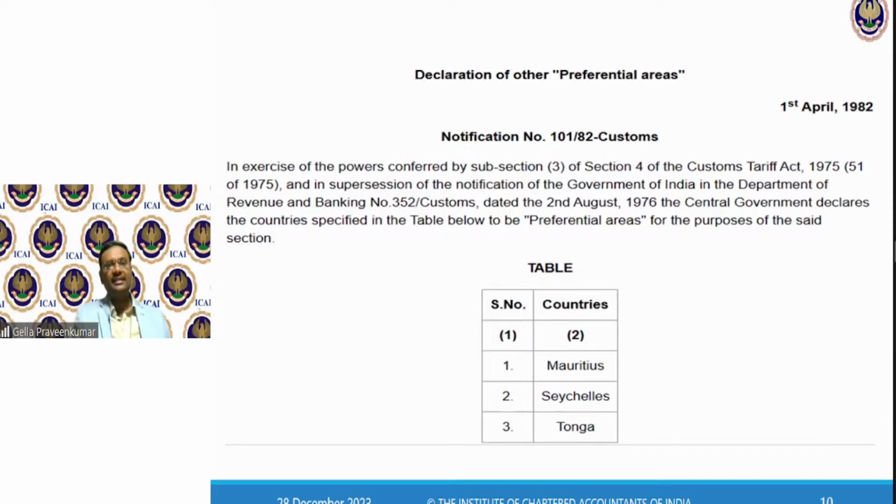It says, in exercise of the powers conferred by Section 4, Subsection 3 of the Customs Tariff Act, and in supersession of Notification 352 of 1976, the Central Government declares the countries specified in the table below to be preferential areas for the purpose of the said section: Mauritius, Seychelles, and Tonga. So any goods imported from these nations have a preferential rate of duty.